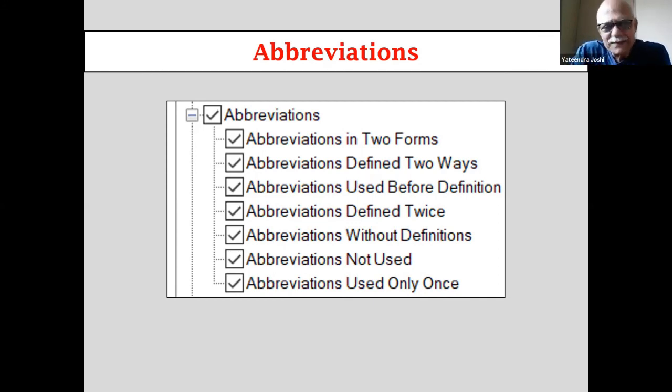At the same time, you should also realize that it's a program, you know, it's a robot. So let's take an abbreviation, let's say DPI, dots per inch. Now, if your text goes like this, that at a resolution of 300 dots per inch, then in brackets DPI, and the text continues. And then at some other point, instead of using DPI, you have used dots per inch, it will flag this.